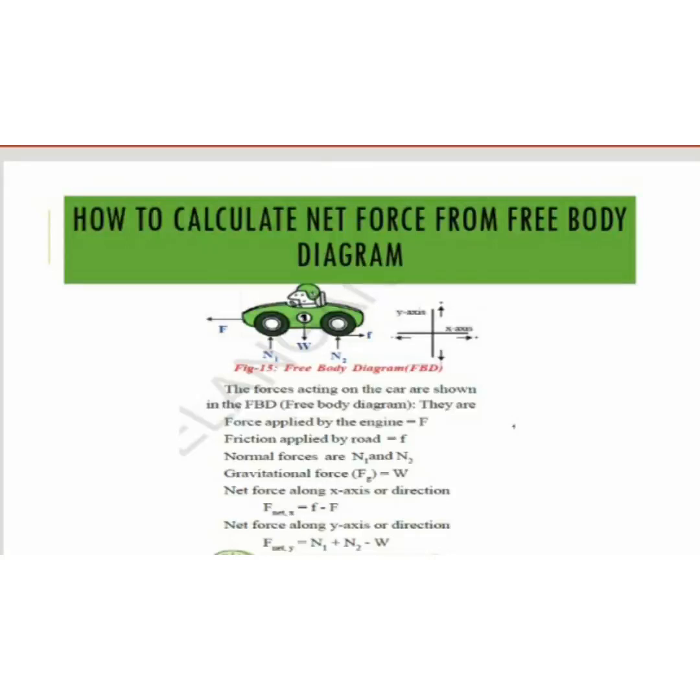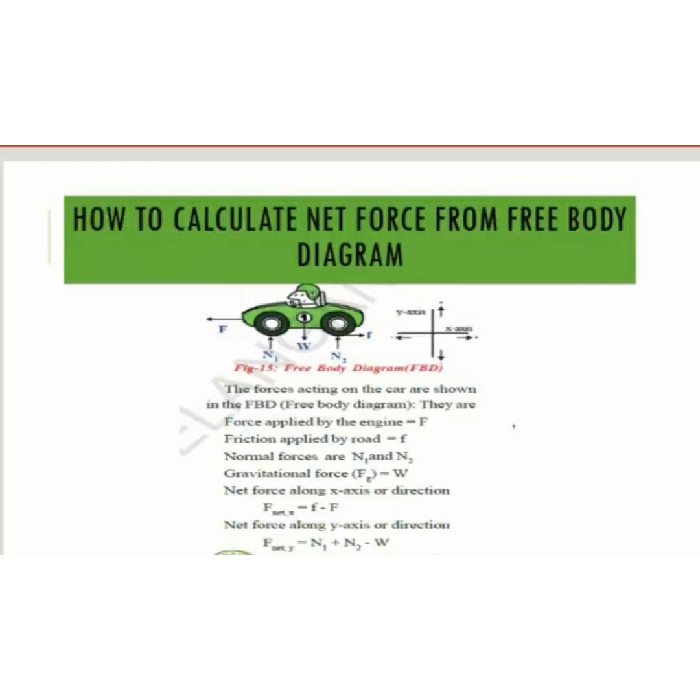And the resistance force. What is the resistance force? The friction applied by the road is small f. What is the friction doing? It is trying to stop the car. Whenever we want to stop a car, we apply the brake, and that is done with the help of friction only. When we apply the brake, friction is created, a resistance is created, and then the car